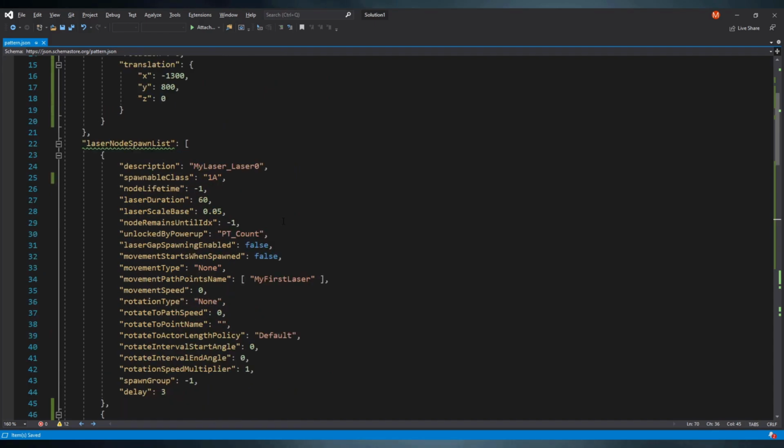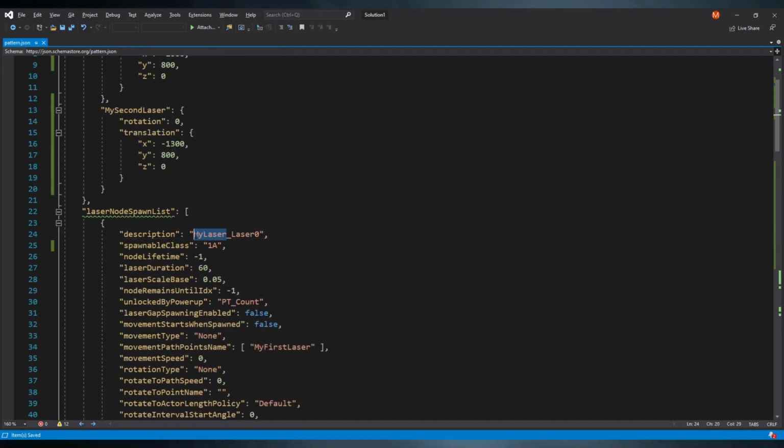What I like to do is say what the laser is. So it's a horizontal laser or a static laser. So let's say horizontal static. Usually I add an underscore and then how big the laser is compared to how big it's going to get. So since this one doesn't change sizes, I'll just leave this at a 1, underscore again, and then the index